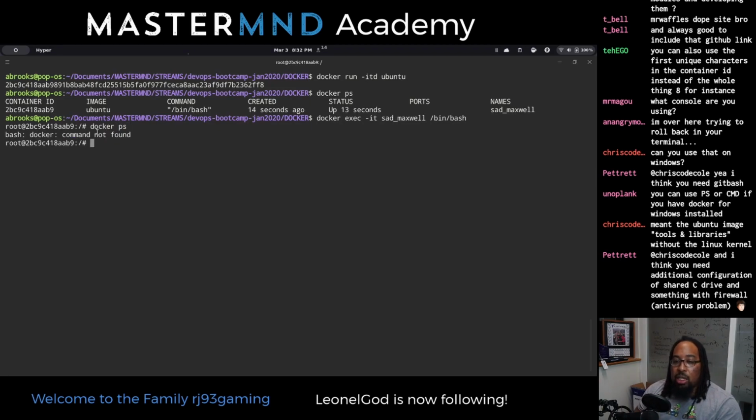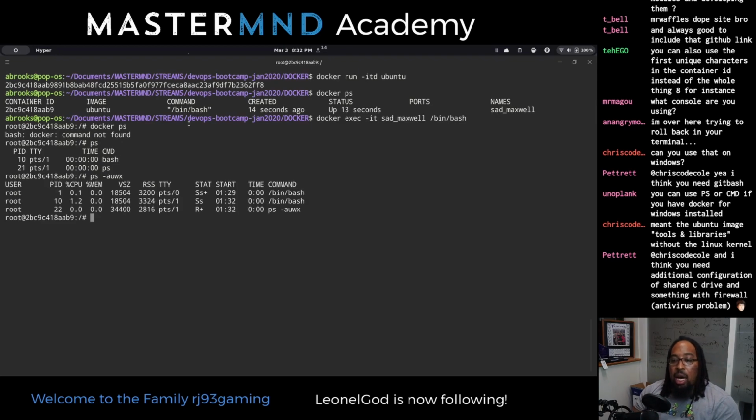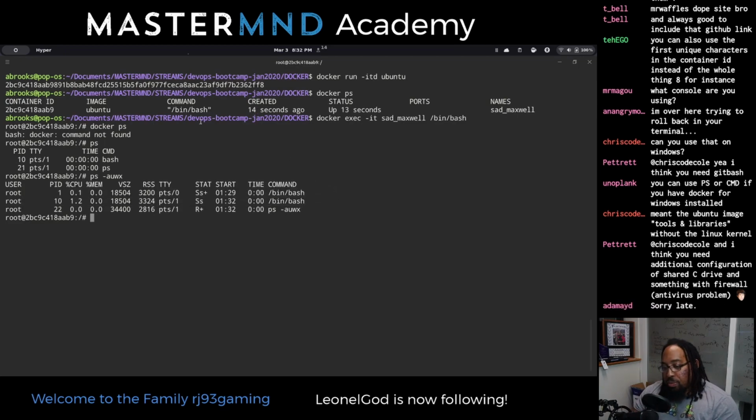So what's interesting is if I type in, not docker ps, if I just type in a ps aux, it doesn't really give us anything. It gives us a PID 1, which is bin bash. Your command or your entry point, depending on how you have it set up, will always be the PID 1. The PID 1 is the one that matters the most.